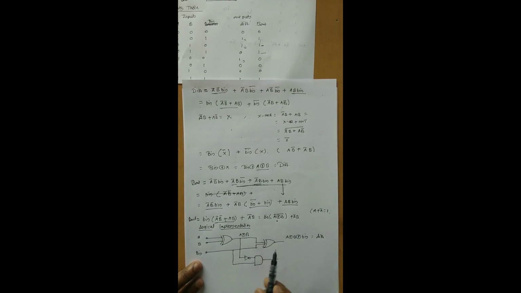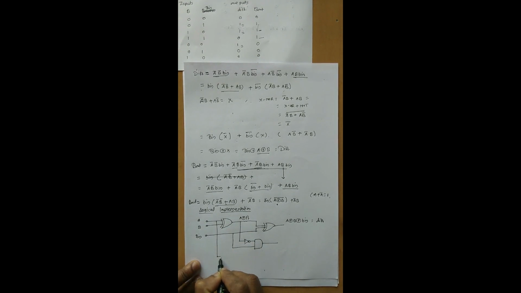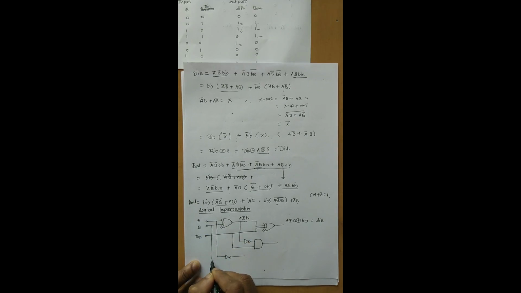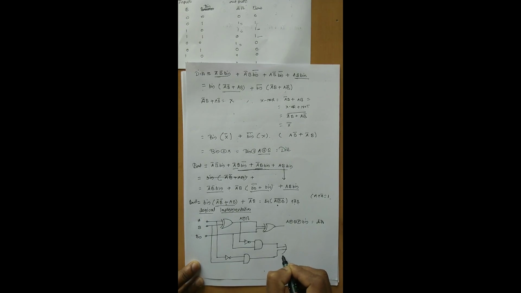And the last one is we need A bar B, so take one more NOT gate, this will be A bar, and we need one more input, that is B in. We are ANDing together and it produces our output